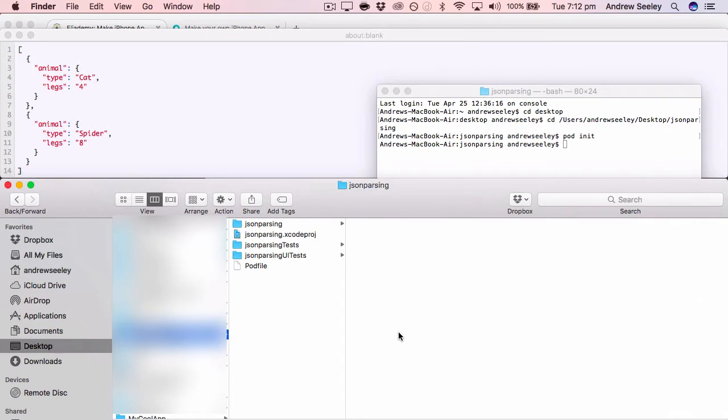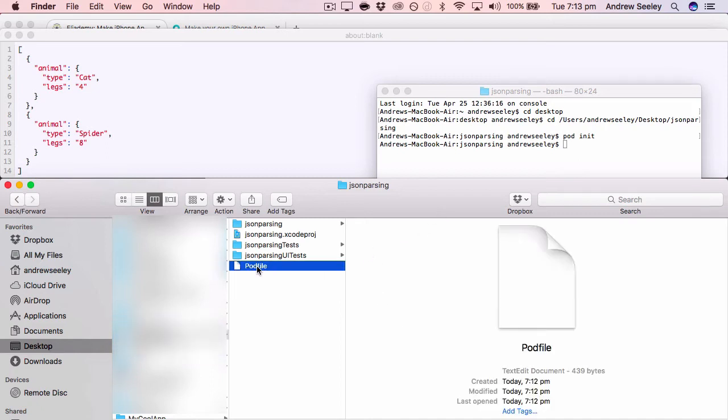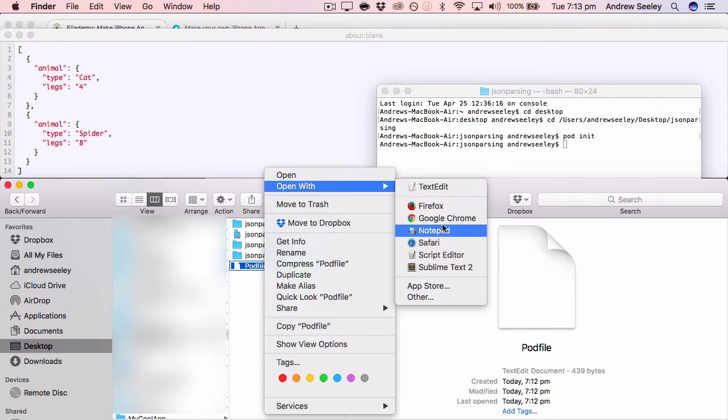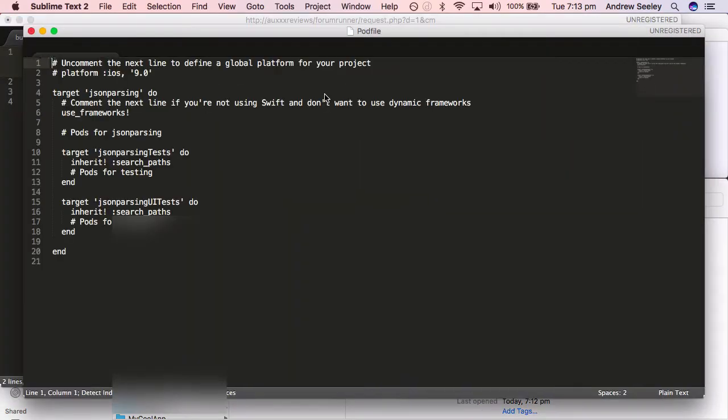Okay, so now what we're going to look at using is SwiftyJSON, which is a CocoaPods library that's used to make parsing JSON a lot easier. So if you're not too familiar with CocoaPods, the card on the screen now will give you a link to the CocoaPods tutorial as to what it is and how to use it, and that will also be in the description. So I've gone ahead and created a pod file in our project here. So if we just open that up with your favorite text editor,